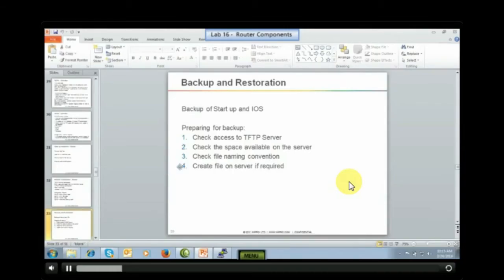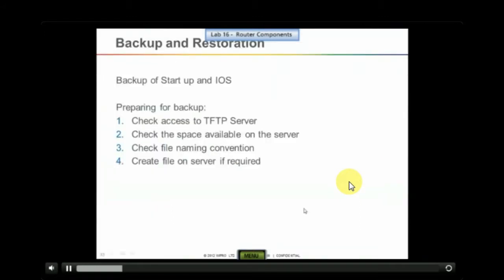We will touch upon topics related to backup and restore. Whenever you make any changes, it is always good to take a backup of the startup configuration, and then you can change things. In the worst case, if those changes create some specific problem, you can always restore the original configuration. For that, it will be very easy: take the backup of the startup configuration. We will see how to take the backup of the startup configuration.